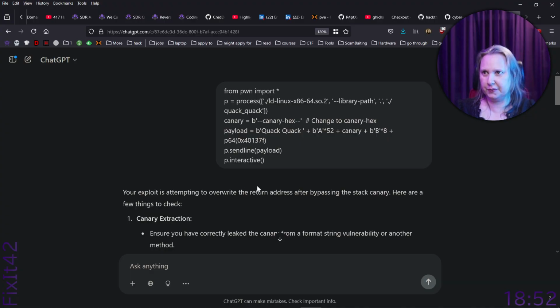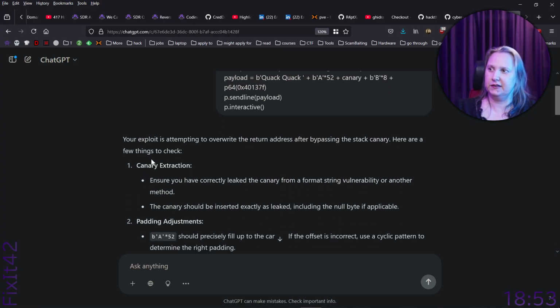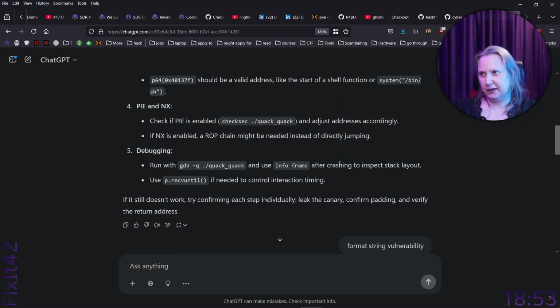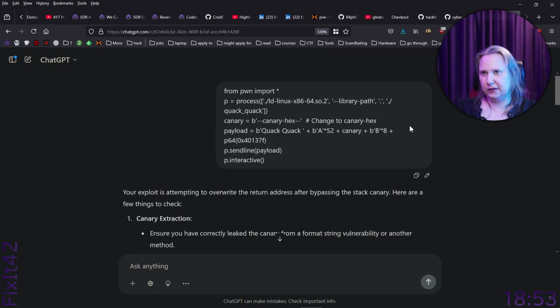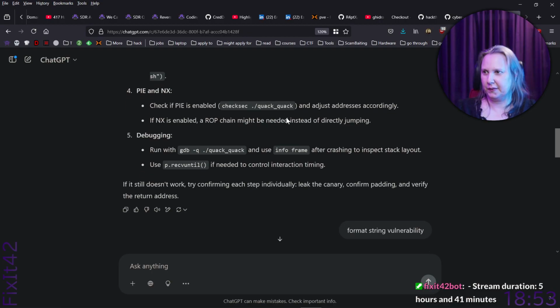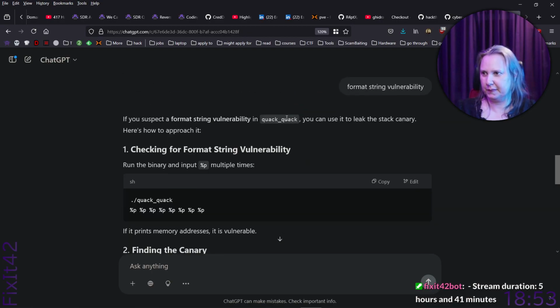So first we sent just a code, and it understood that we wanted... It was probably thinking I wanted to debug it, right? But what I really wanted was for it to explain the process arguments and the other stuff. So I'll ask again. But first, it mentioned string format vulnerability, and I'm like,